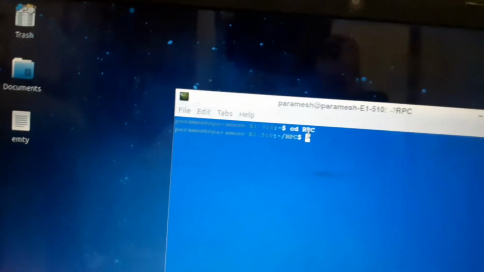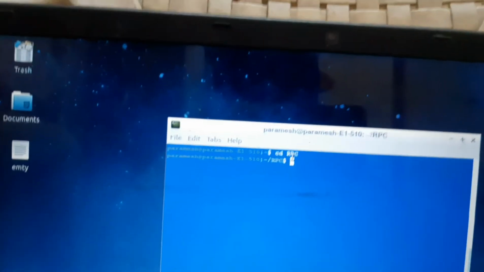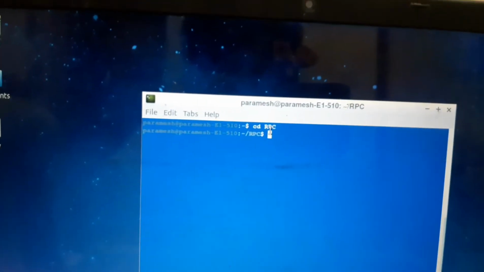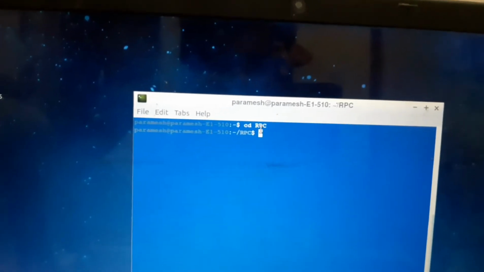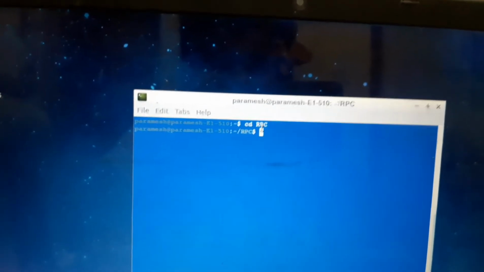Now, as I said before, the IDL file. We define the program structure like below, where we save the file as an IDL file. For saving a file as IDL, we have to give an extension known as .x.